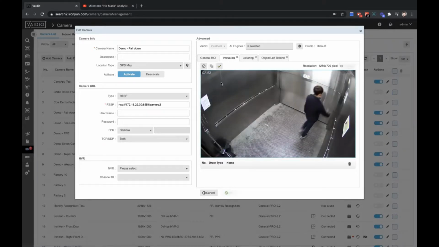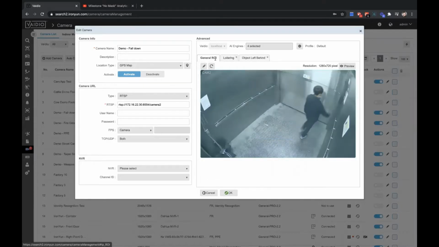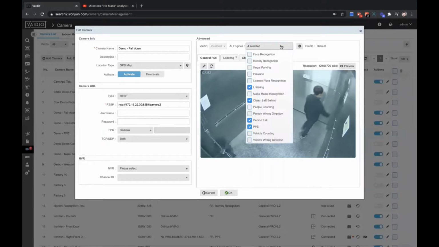So you would just simply set a zone, confirm it, give it a name, and give it a schedule to alert. With the abnormality of slip and fall, it's bundled into this. It's always looking for it. And if we bring up the wrong direction,